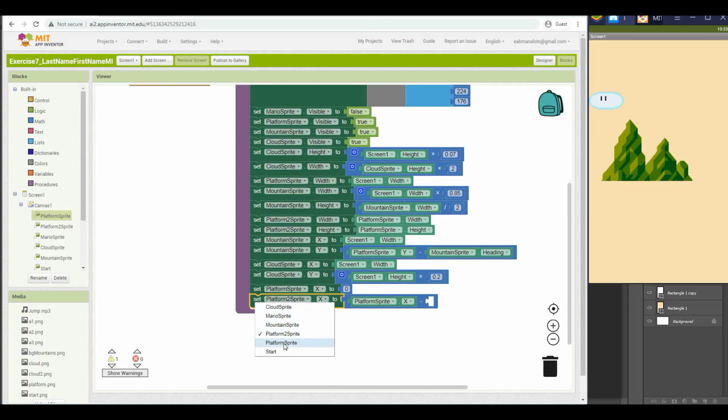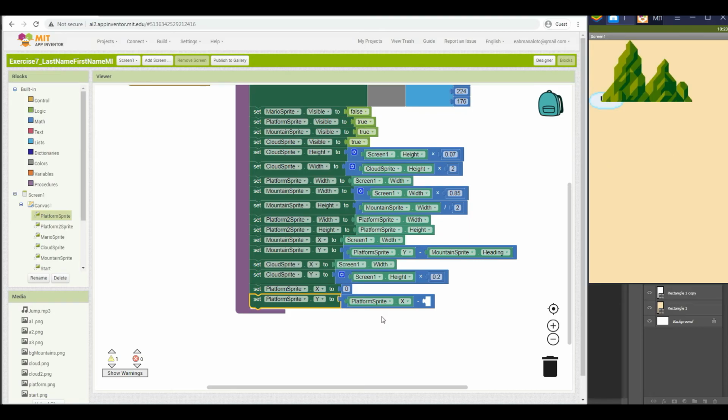This will be the platform y, I'm sorry. So platform sprite y is